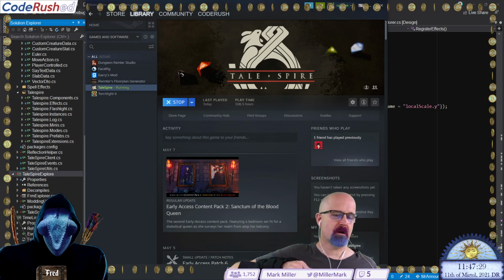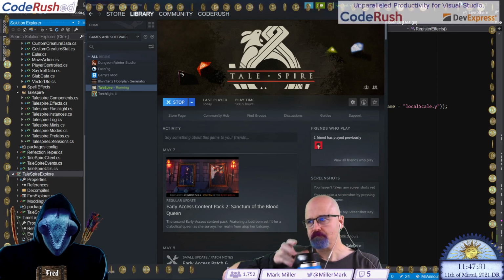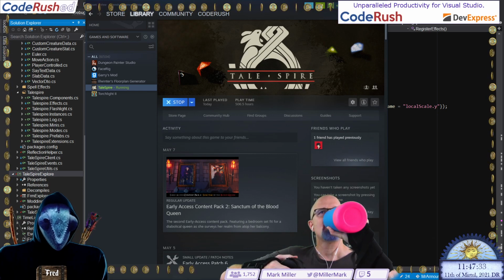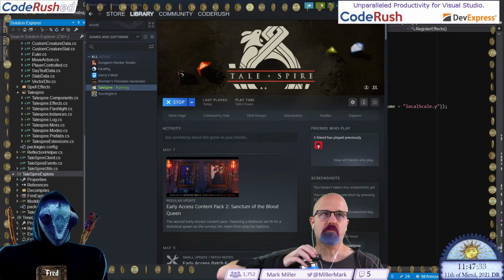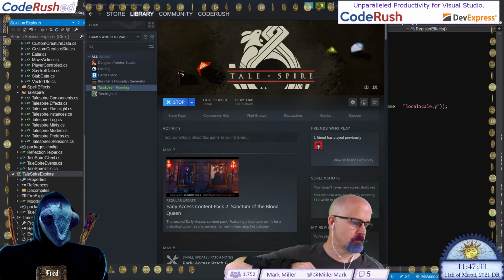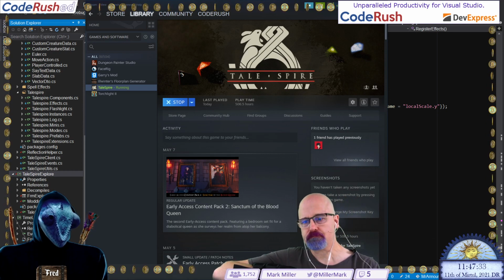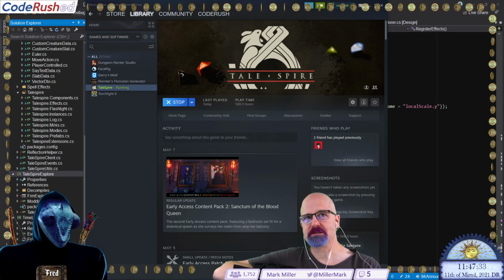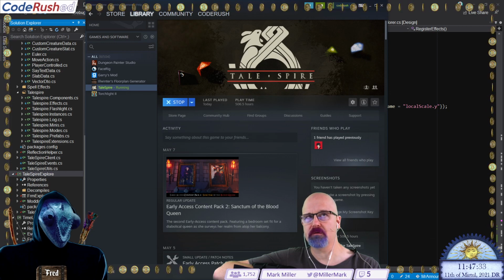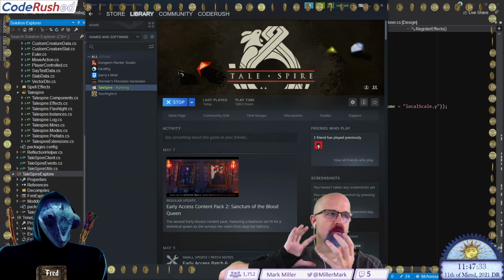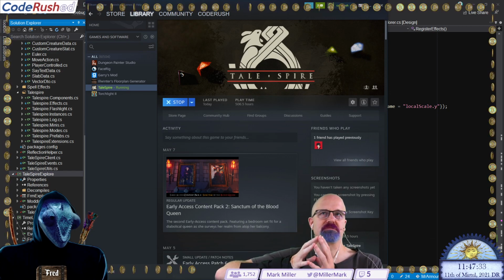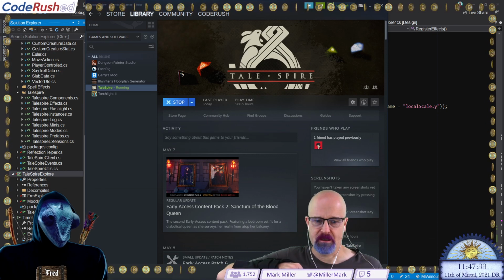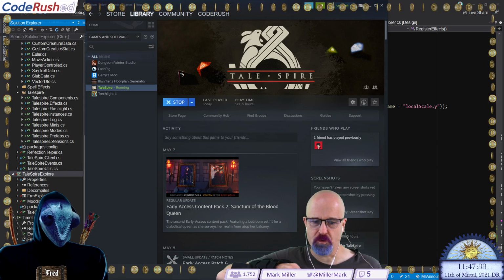Here comes TaleSpire. What's cool about this is that if this works, we'll be able to have complex descriptions of spell combinations. That's what's cool about it.